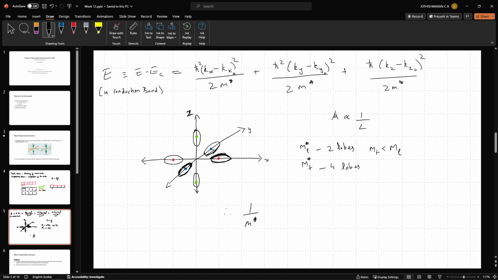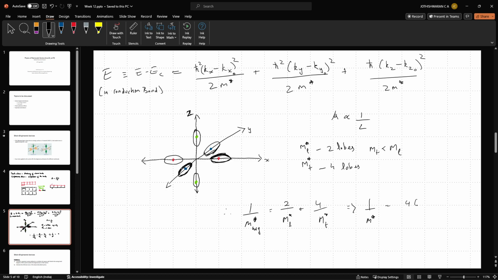So in these four lobes we shall consider the transverse effective mass, and in these two we shall consider the longitudinal effective mass. From that we get this expression: 2 by ml plus 4 by mt. We can multiply and divide by 2, which gives 1 over m star effective. As I mentioned yesterday, let me just call it the average effective mass. So m star average is equal to